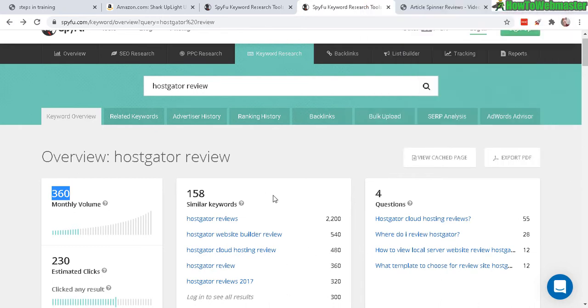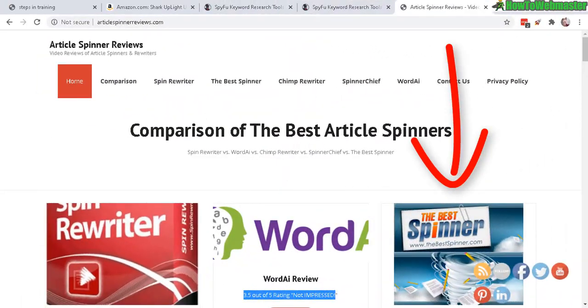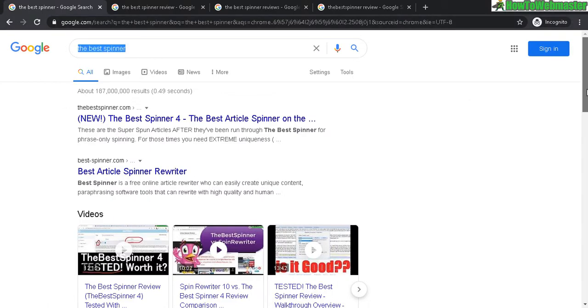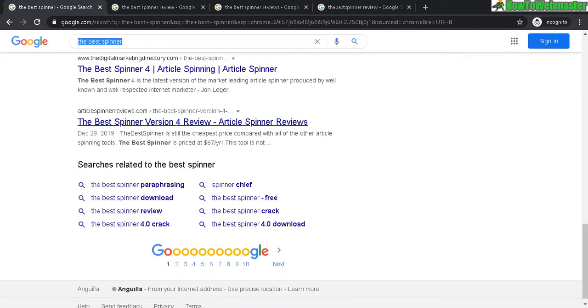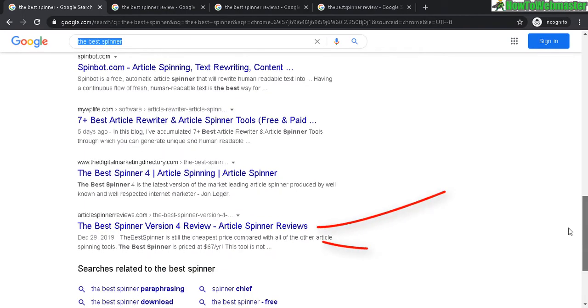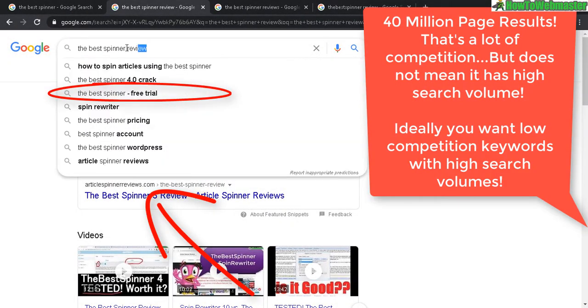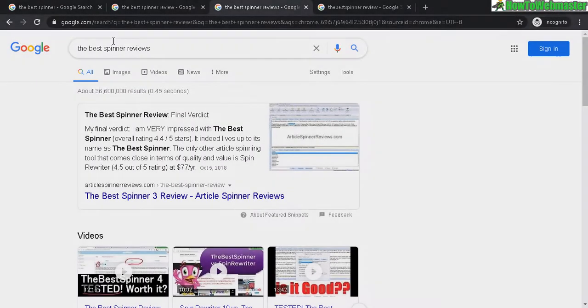So let me do an example here for my site. One of my products here is the best spinner. If I type into Google the best spinner, my site is actually on the first page, but it's at the bottom here, articlespinnerreviews.com. It's on the first page but at the bottom. And if I do the best spinner review, my site is also on the first page, but it's actually at the top right here. And if I do the best spinner reviews with an S, my site is also at the top,